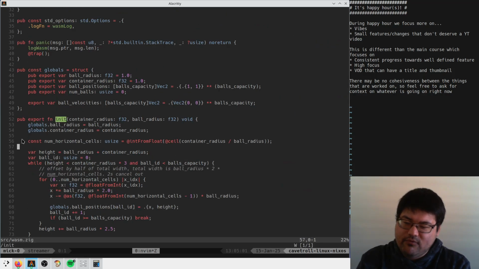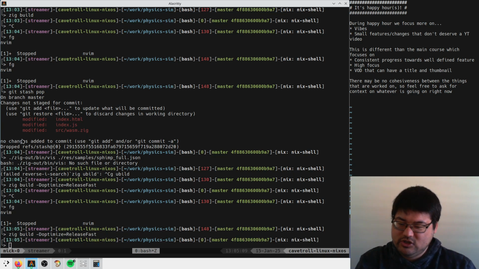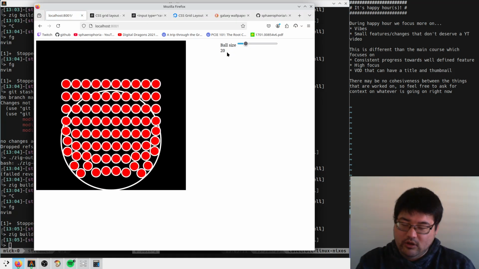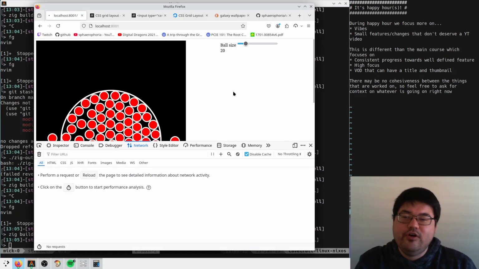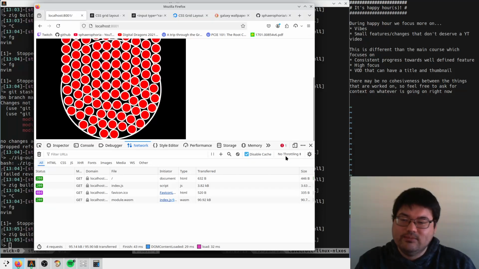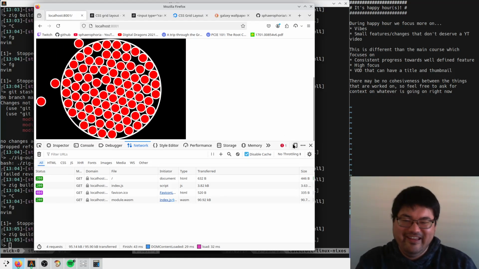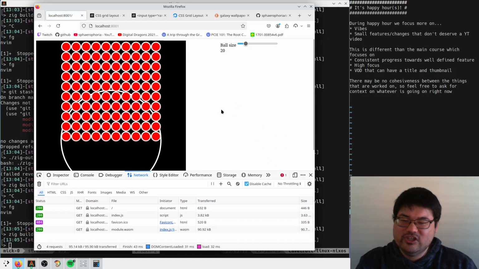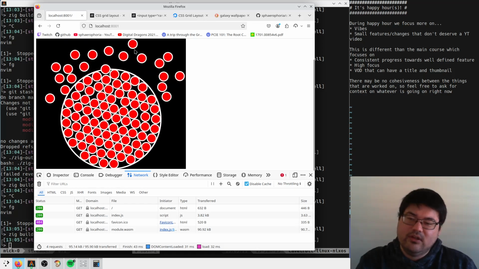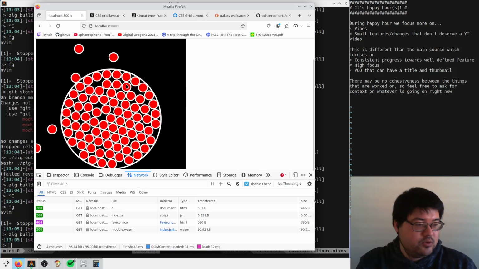There's more time for them to escape. So let's go back to ball radius times 2. Dude, how do I get my WASM to load? Yeah, it does look like just by increasing the distance between them,